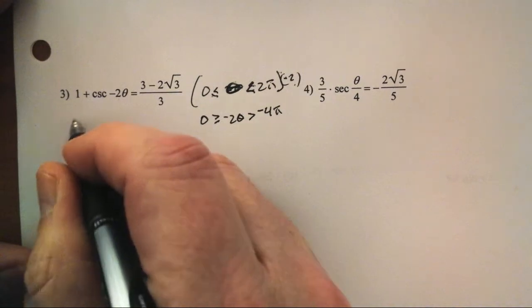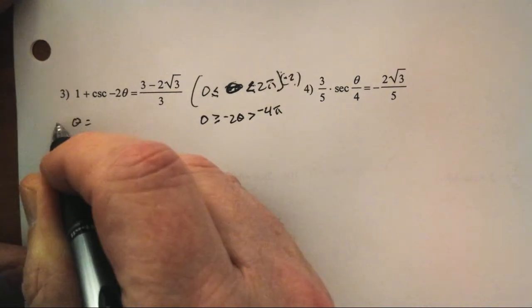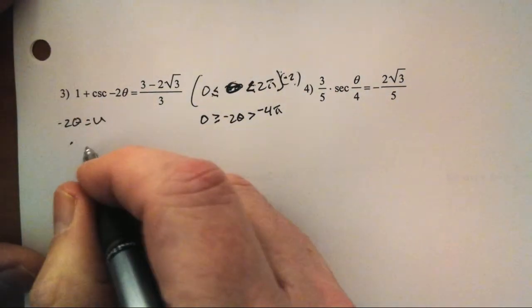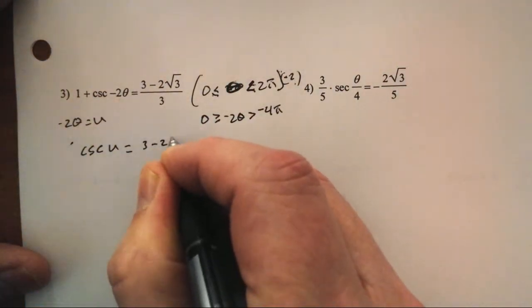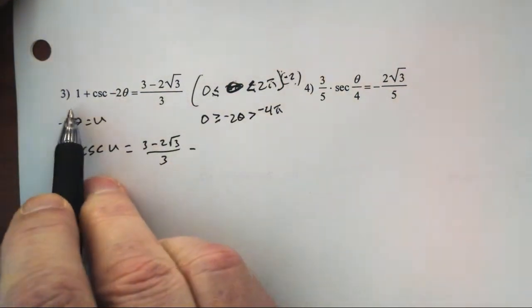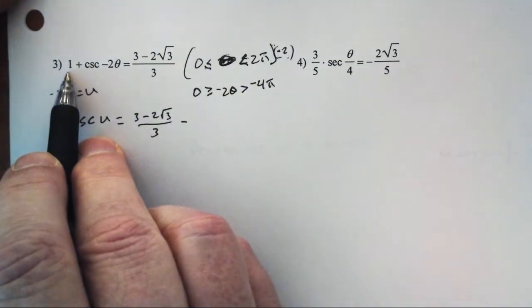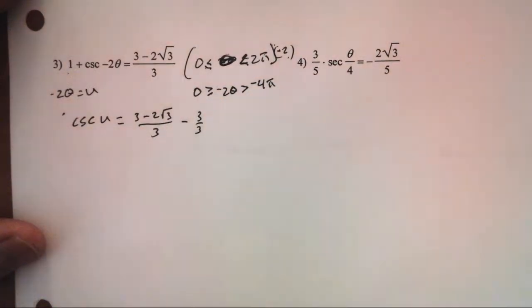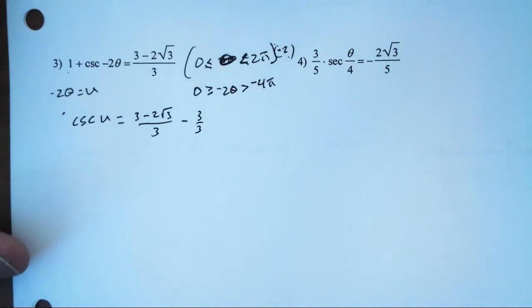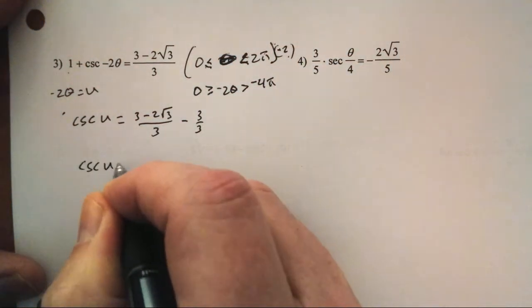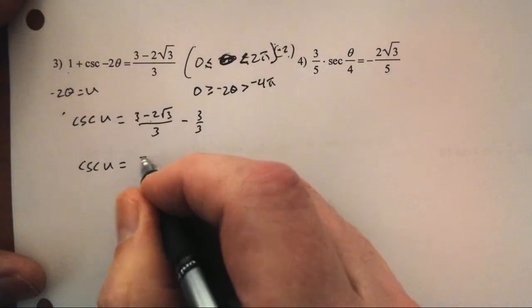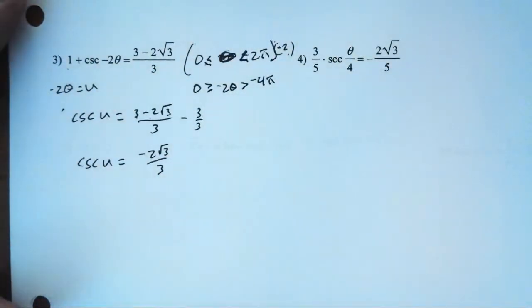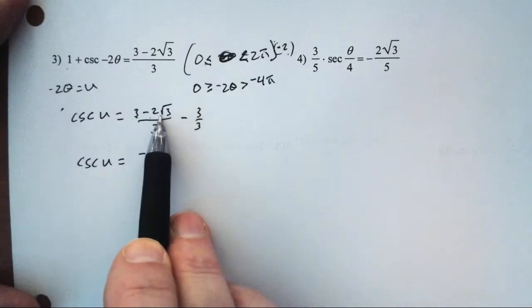Okay, first thing I'm going to do, negative 2 theta is u. I'm going to replace u here. I'm going to say cosecant of u equals 3 minus 2 square root of 3 on 3, and then I need to subtract 1. This is just sneaky of the author of this problem. I'm going to subtract 1, but I'm going to subtract it in the form minus 3 on 3 for obvious reasons there. And I get cosecant of u is 3 minus 2 square root of 3 minus 3. Well, that's just negative 2 square root of 3 on 3, because we got common denominators. 3 minus the 3 leaves you with negative 2 square root of 3